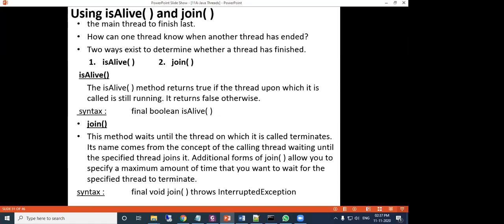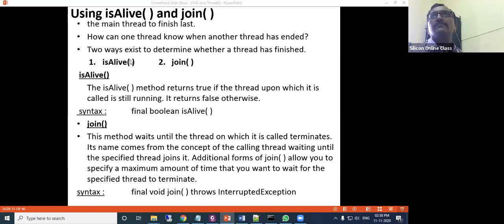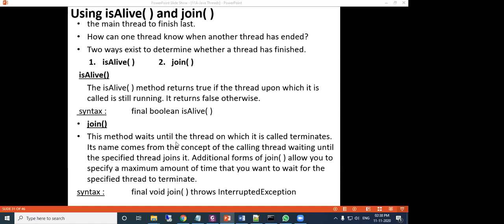Remember, at a time only one thread can be in the executable state. So the join method says that others can now join. Here the join method waits until the thread on which it is called terminates. After the current thread terminates, only then will others be allowed to join.